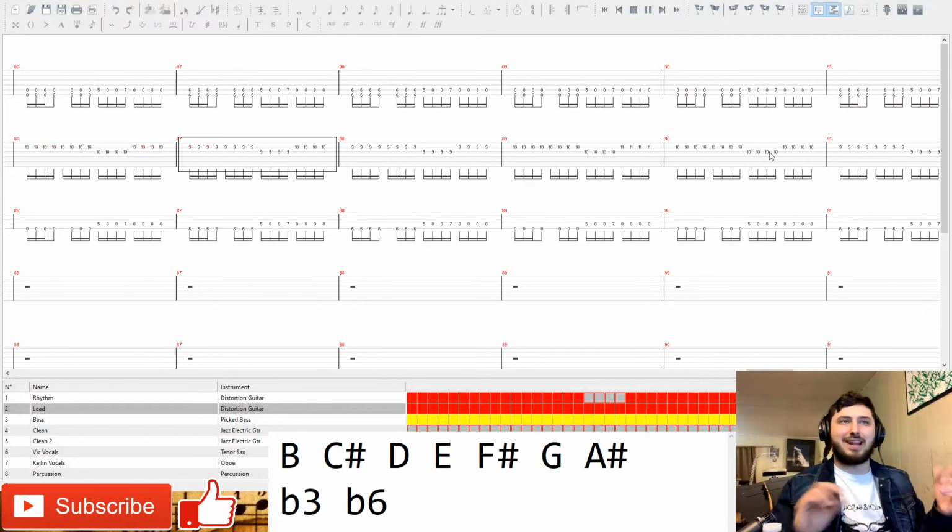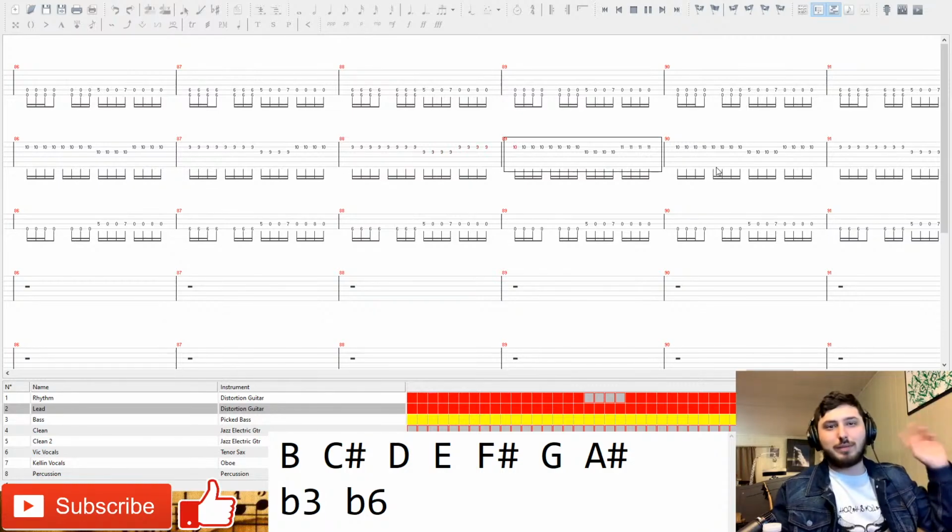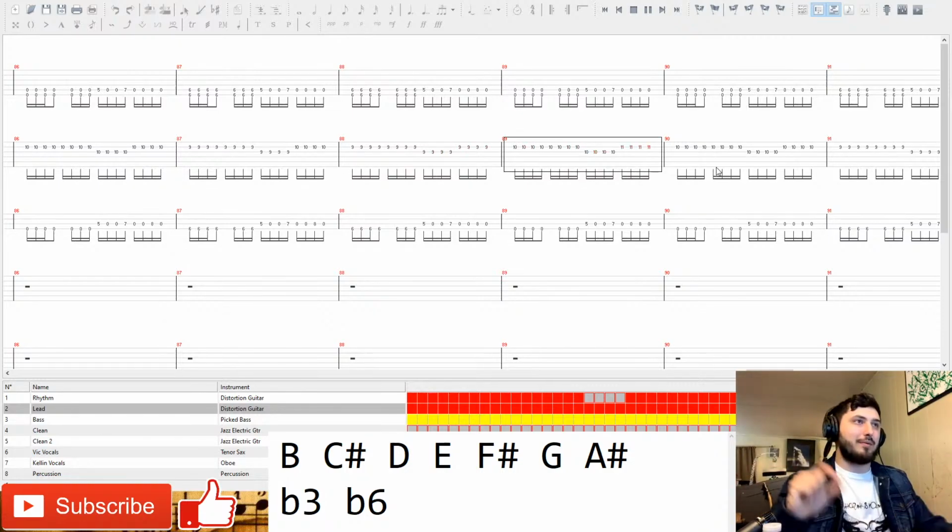Just kind of keeps expanding on the same idea. The rhythm just switches up a little bit. Remember, it's all screamed over, so they went all harmonic minor with this.